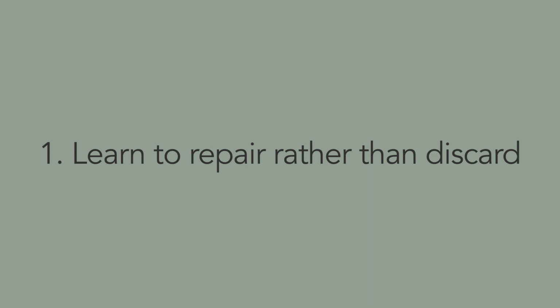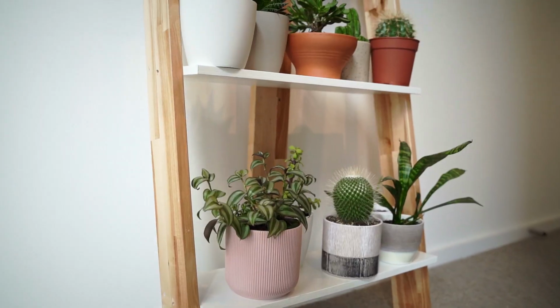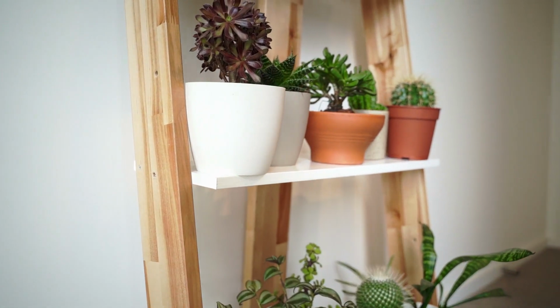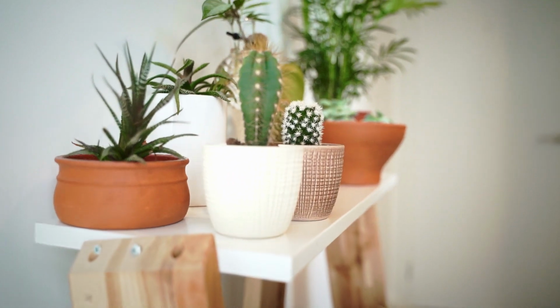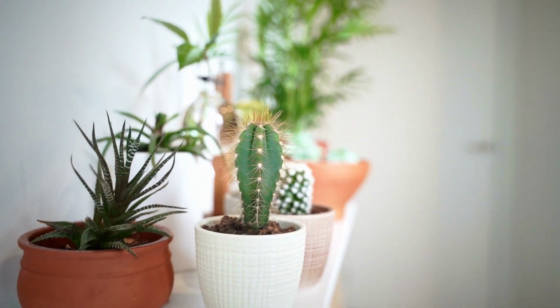The first step is learn to repair rather than discard. Before you throw something out, always ask yourself if you can reuse that for something else or if you can repair it and turn it into something a little bit more useful. An example I have that I've done here at home is I had some pieces of shelves left over from a home project, and instead of tossing it out, I made it into a plant shelf for my plants to get some morning sun. It's a great way to repurpose what would have otherwise been rubbish, and not to mention,